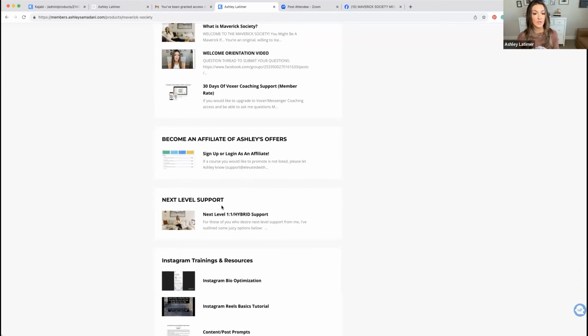So that's a really good way to do something in between the base membership and one-on-one support, if that's what you desire. Again, everybody's going to be different. Some people are like, I never need to talk to you whatsoever, and some people would like the highest level of support. It is whatever you need, and I'm here for all of it.